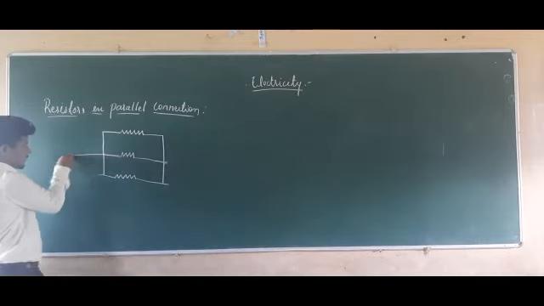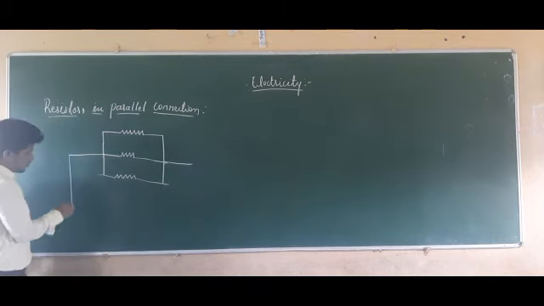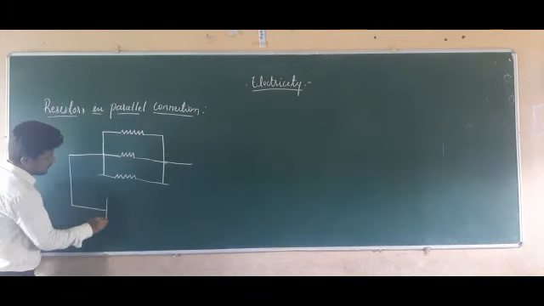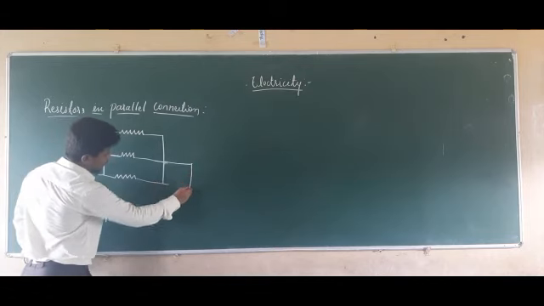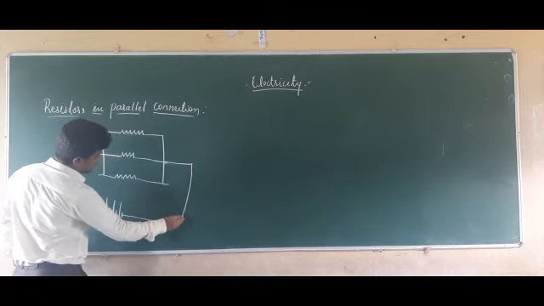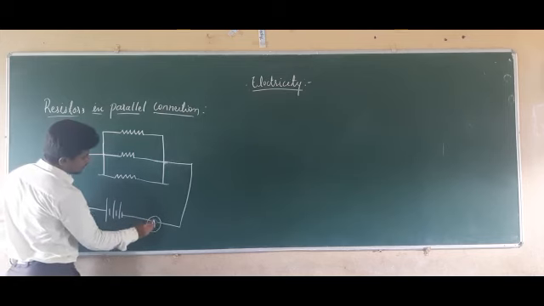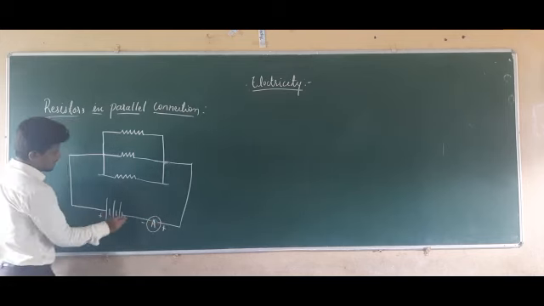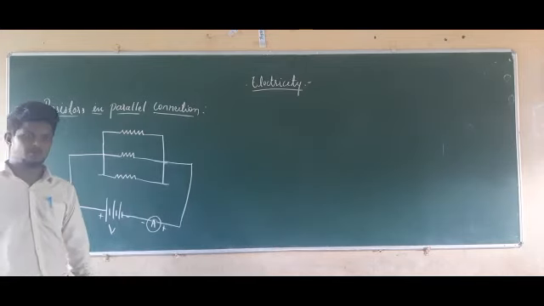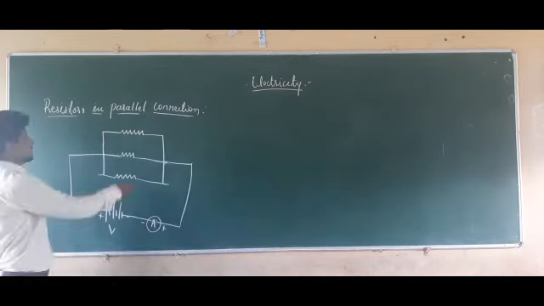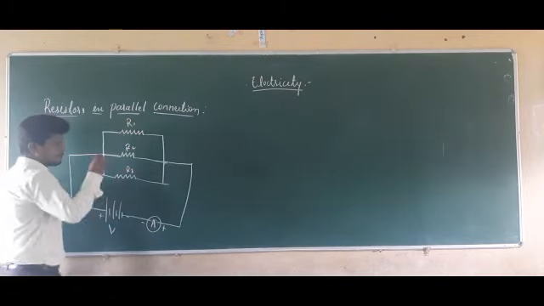This is going to be connected to a source. This is going to be connected to a source. That source is nothing but a voltage source, which is a battery. To that we are going to connect an ammeter, which is going to show the total reading. Plus, minus, and this is the voltage. Let these resistors be R1, R2, R3.